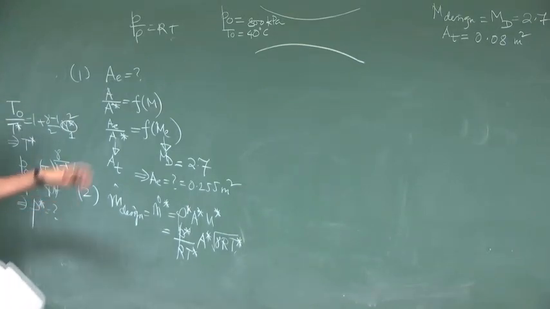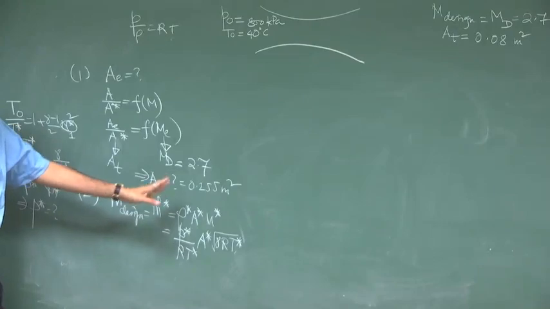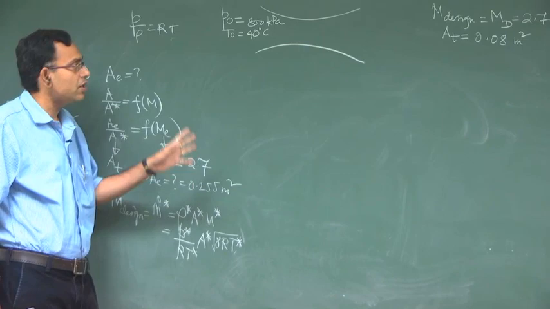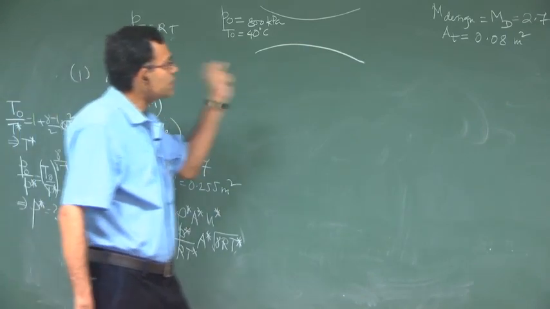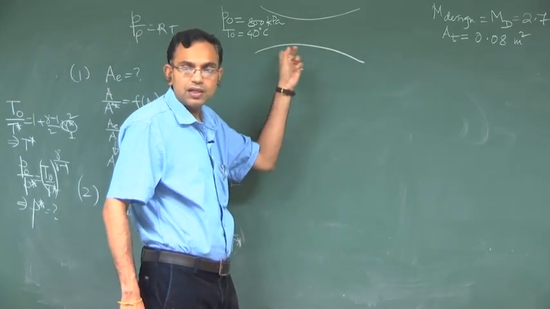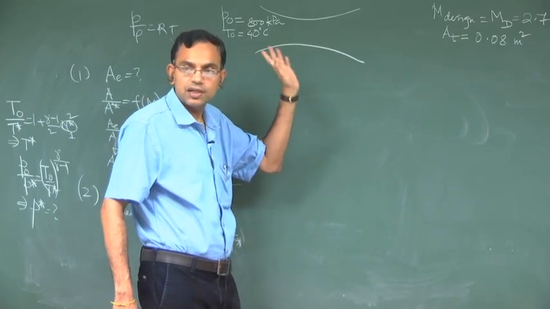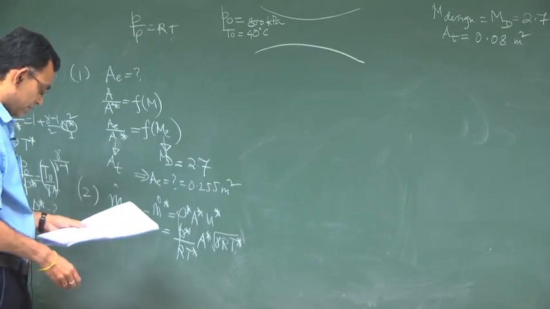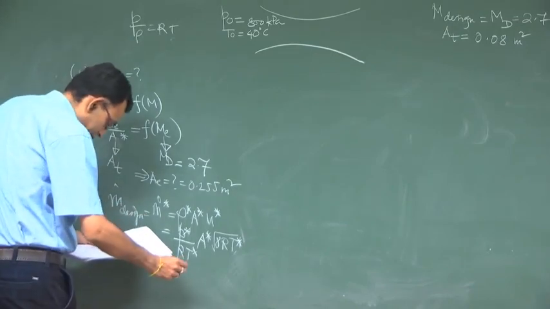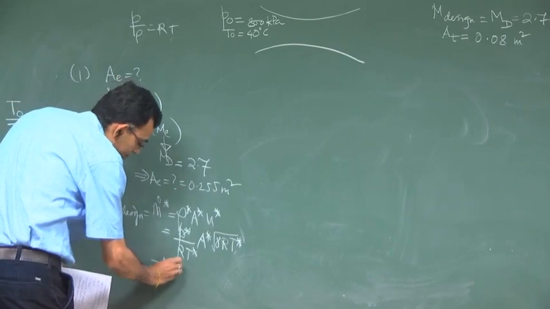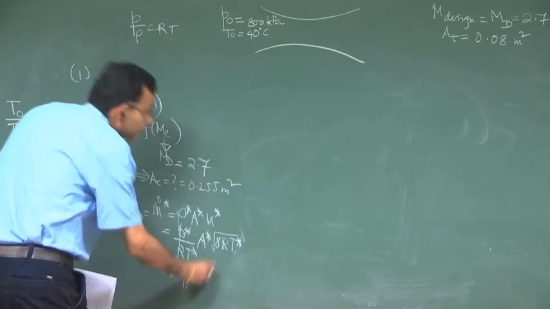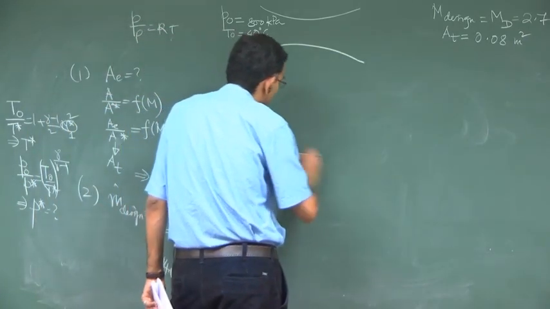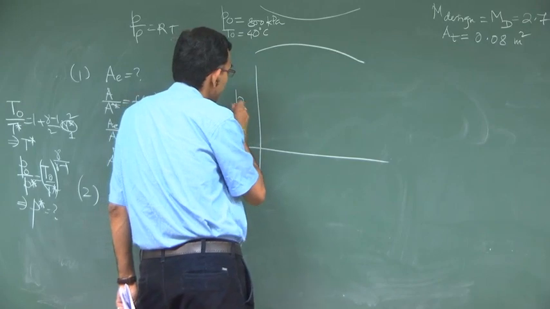You can remember that we solved one such problem in the context of converging nozzle, and the philosophy does not change because the maximum mass flow rate is guided by the throat condition if there is sonic condition at the throat. So, if you substitute all these, this will be 146 kg per second.